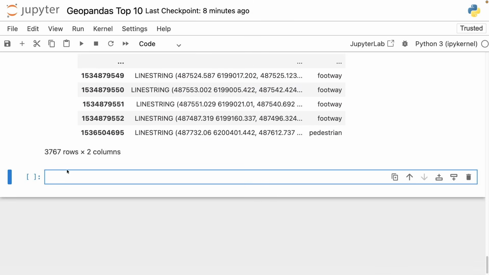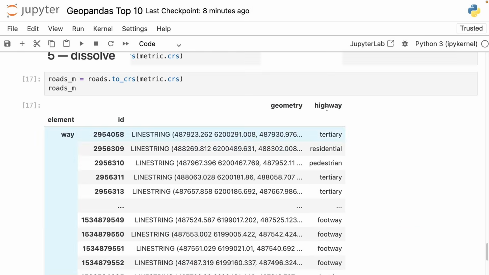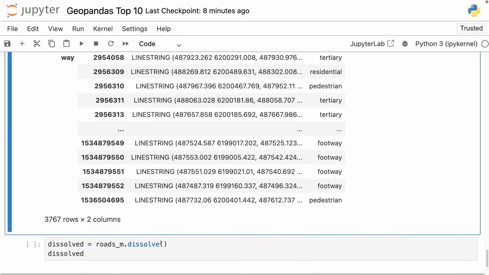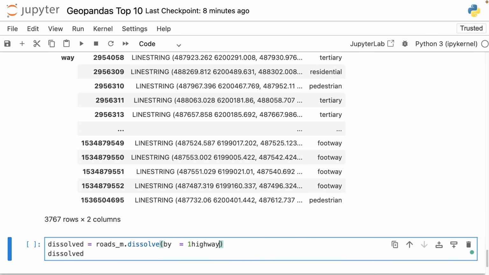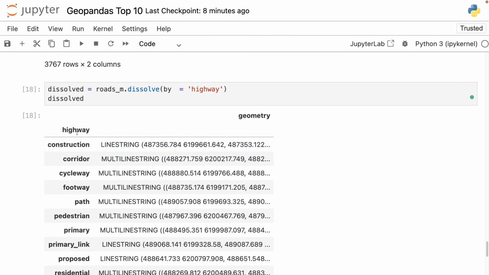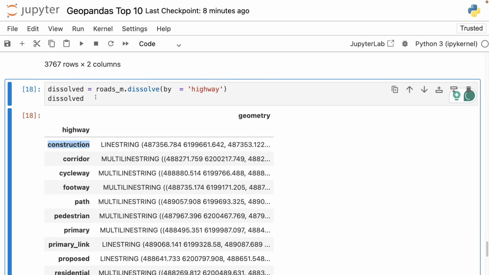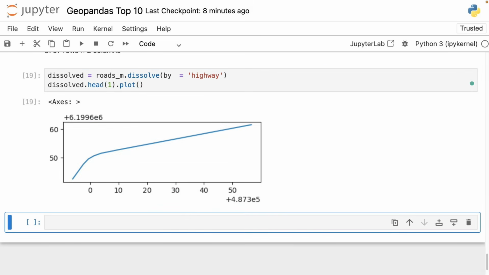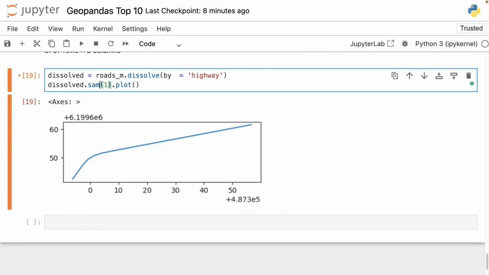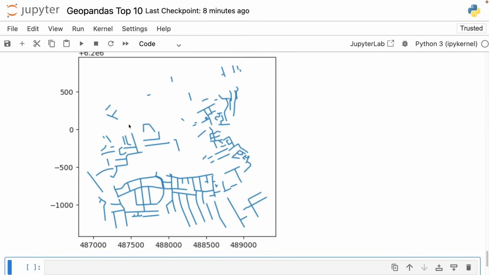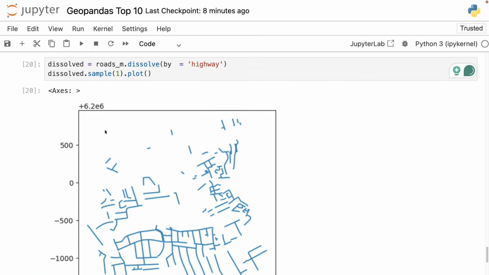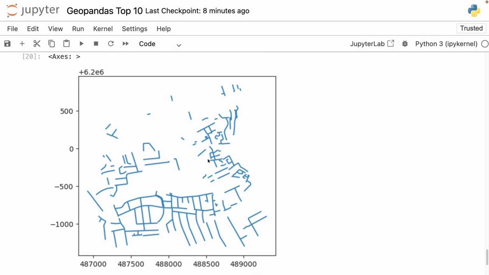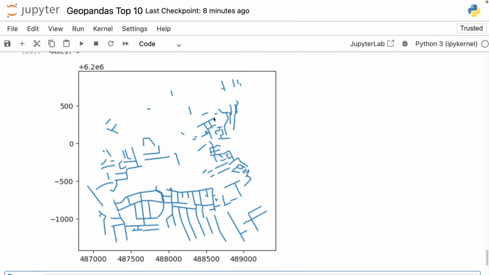But if we want to dissolve them, for example, along a specific column like the highway column, then we can just say by highway, and then every single highway category will be mapped into its own single line string. So here if we just pick one and plot it, then this will be... Okay, maybe this tag is actually not super popular, then let's take a sample. Yep, so this is now one single element of the data frame with all these line segments joined into one